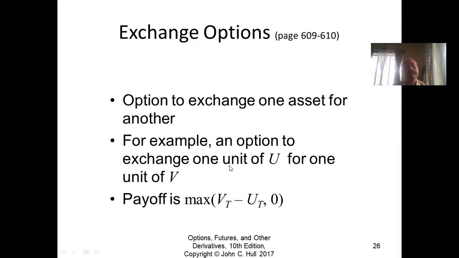So it is like an exchange. A usual option is exchanging one unit of an asset with cash. Here it goes one step further. You are exchanging one unit of an asset with one unit of another asset. So here, instead of the payoff being in terms of the stock price and cash, we have the payoff in terms of the two stock prices. So an exchange option is where the numeraire, instead of being cash, is another stock or another financial asset.